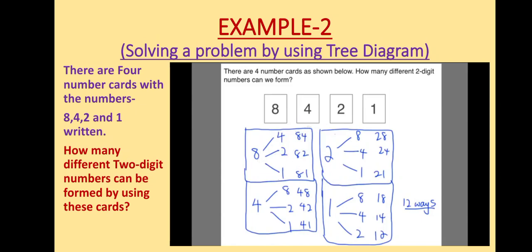So if somebody asks you how many total digits can be formed, it can be worked out by writing the number of ways for each digit and multiplying it with the number of digits. So 4 multiplied by 3 gives you 12. In this way, any problem you can list in the form of a tree diagram so that it will be easier for you to solve that problem.